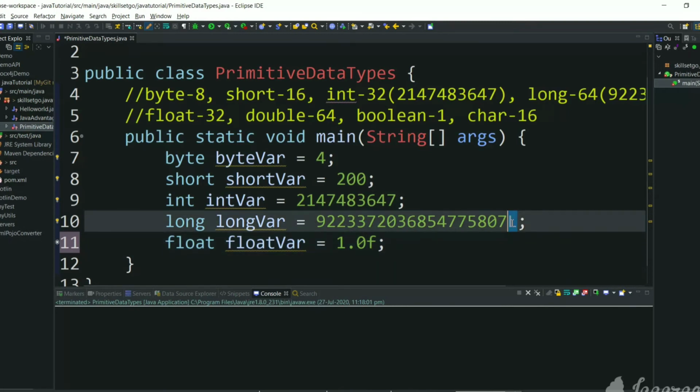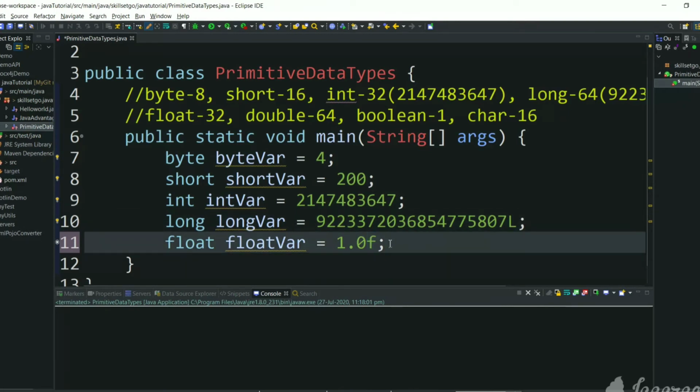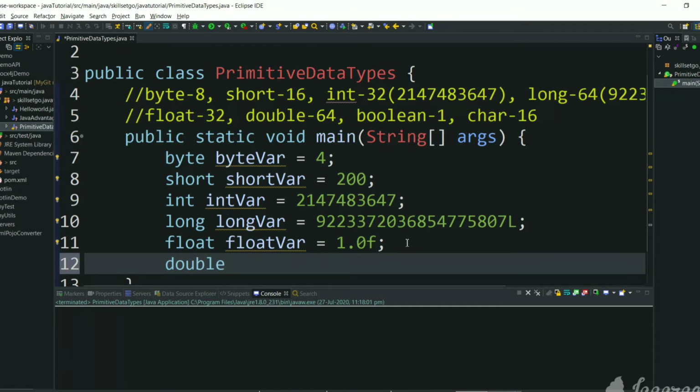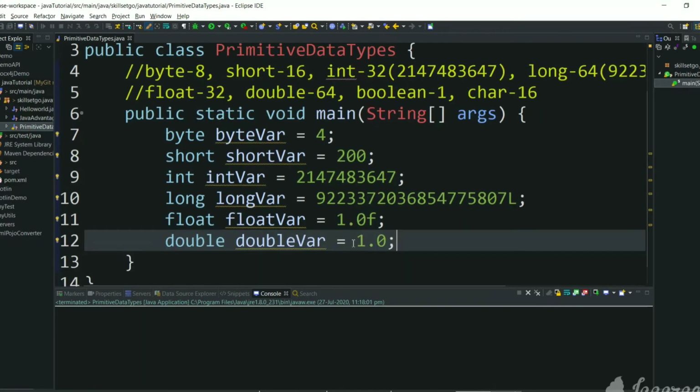Here we mentioned L, here we need to mention f. This is a float number. And double is 64 bits in size. Let's assign a decimal number, and here also we can mention D at the end. It is not mandatory here; without D we are also not getting any error. Let's mention D.